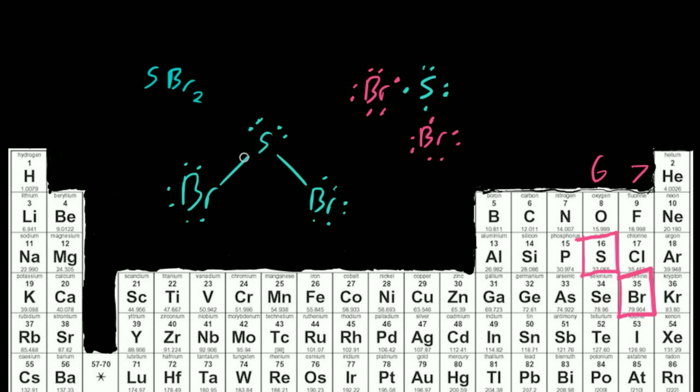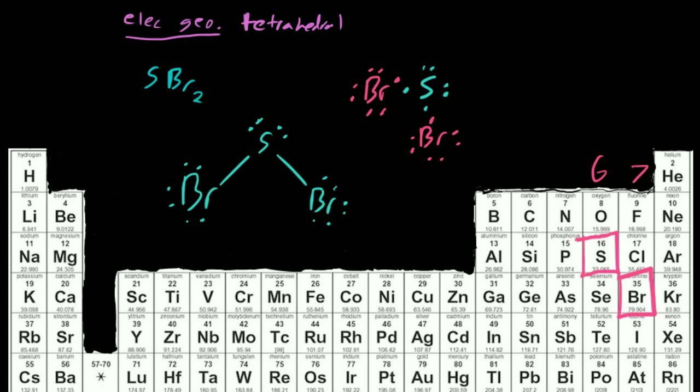And so now on this molecule, what is our electronic geometry going to be? Well, how many electron groups do we have around our sulfur? We've got 4 of them, right? So we've got 4 electron groups, so that means we are going to have tetrahedral